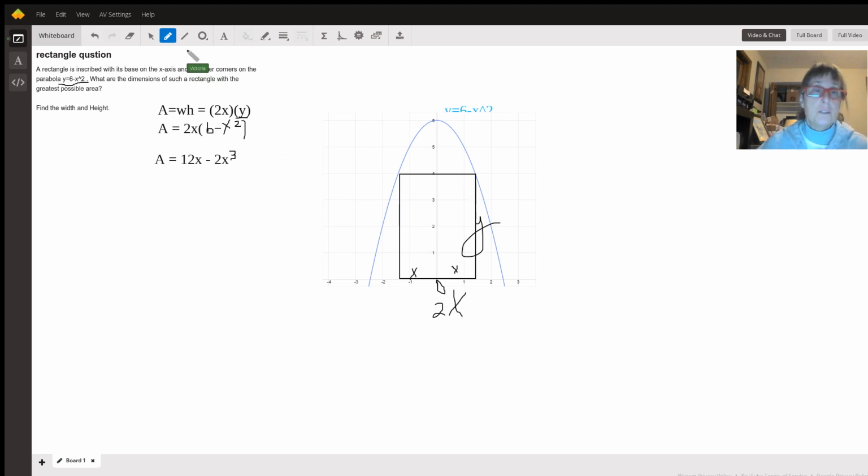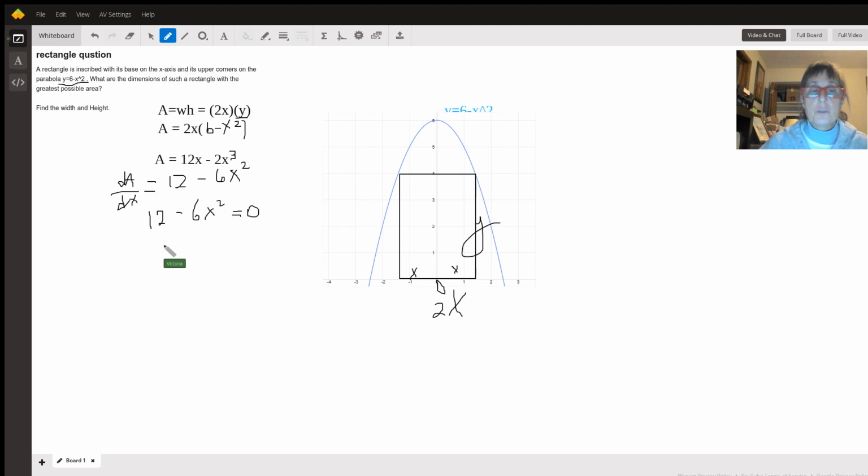So if we want to maximize it, now we have to take the derivative. So we do the derivative of the area with respect to x. And this gives us 12 from the 12x term. And this gives us 6x squared from that last term. Now, remember, to find the maximum, we need to take the derivative and set it equal to 0. So I'm going to take 12 minus 6x squared and set it equal to 0